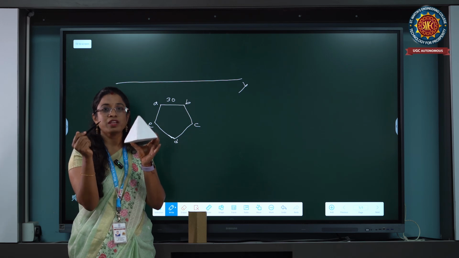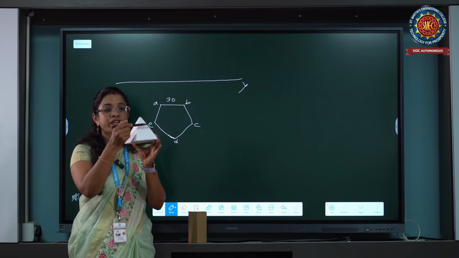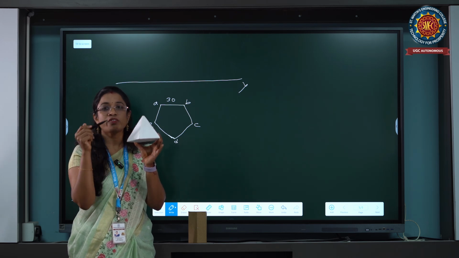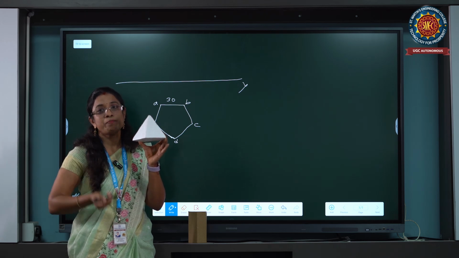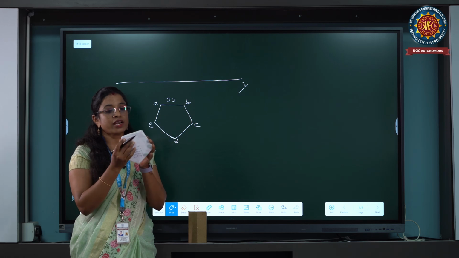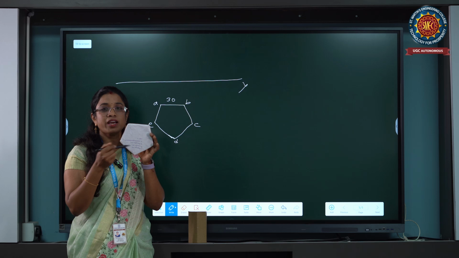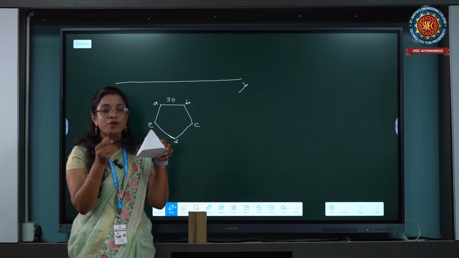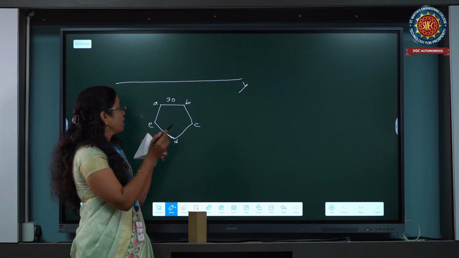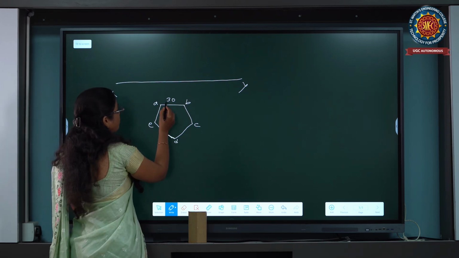Here we are using a section plane parallel to HP. We need to cut this pyramid parallel, and draw its front view and top view and the cut surface of the pentagonal pyramid. Pentagon means 5 sides are there. That base is parallel to HP. We need to draw the base. Suppose we take the base side equal to 30 mm.